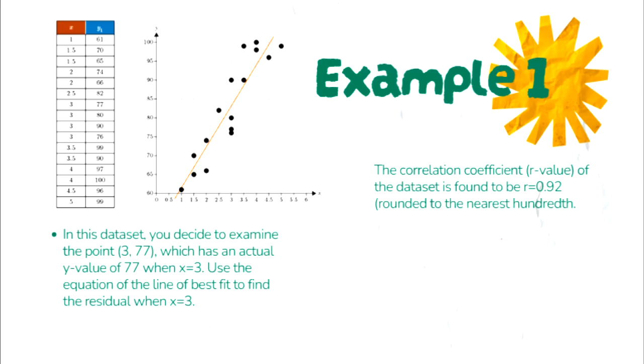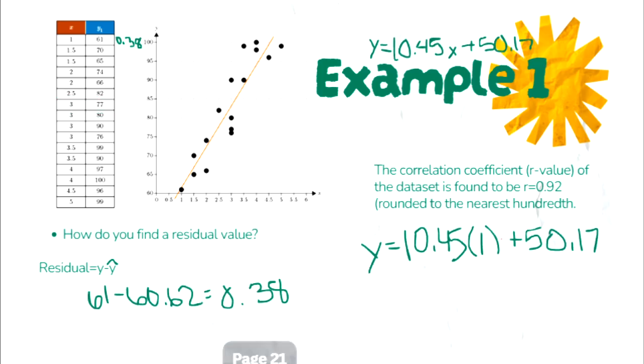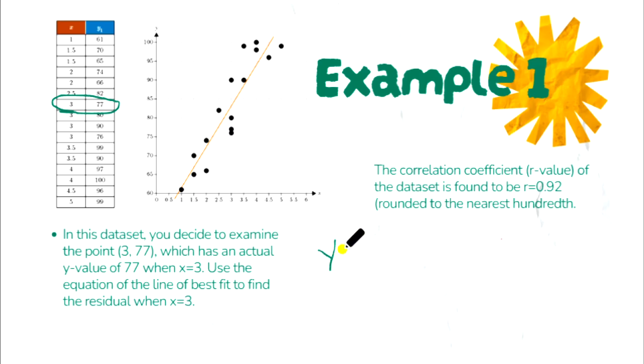Now it wants to know, in this data set, you decide to examine the point (3, 77), which is right here. This one has an actual y value of 77 when x equals 3. Use the equation of the line of best fit to find the residual when x equals 3. So we're going to find the residual for this point. We have y equals 10.45 times x, and our x value in this case is 3, plus